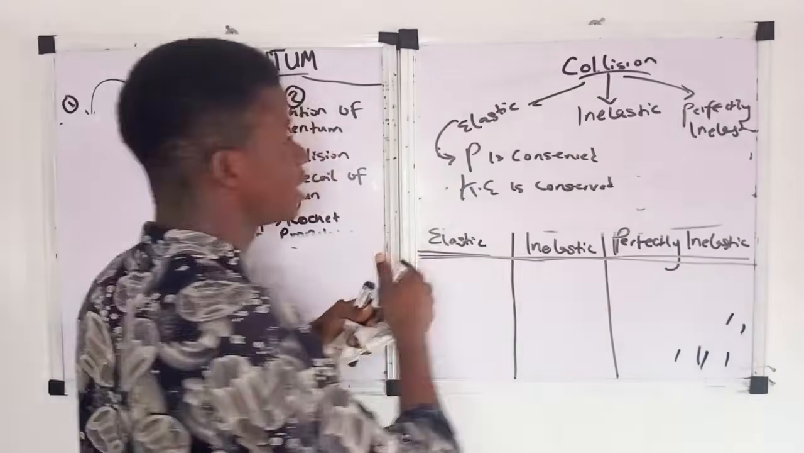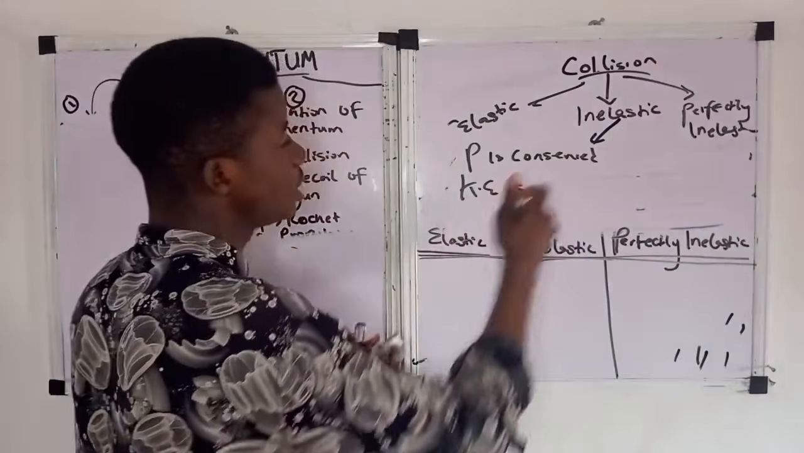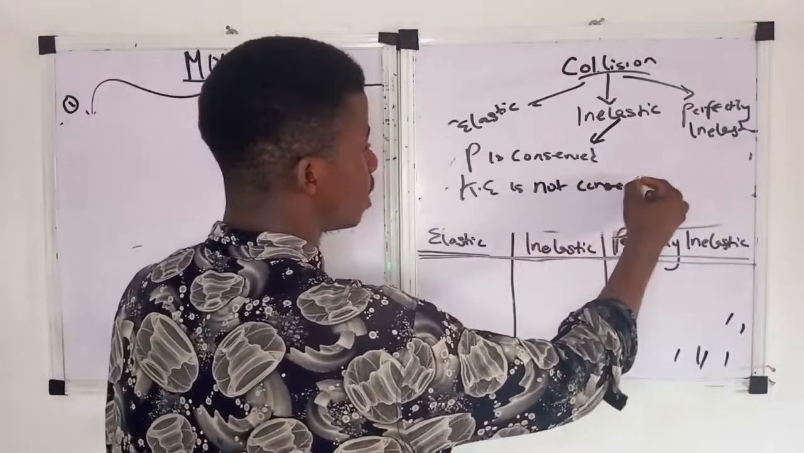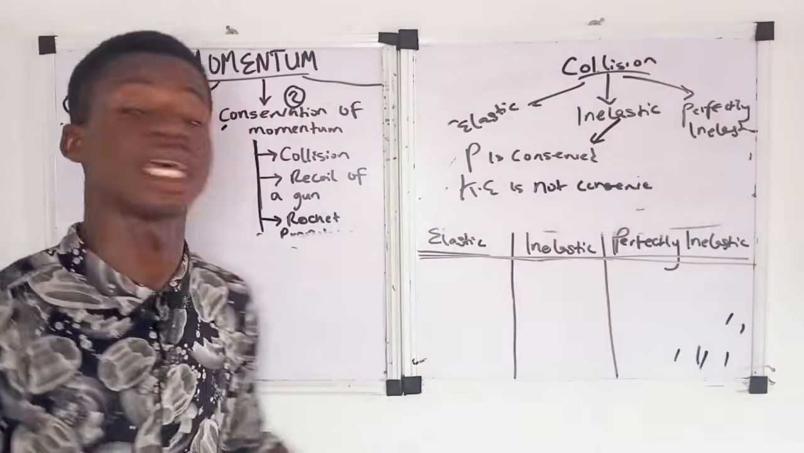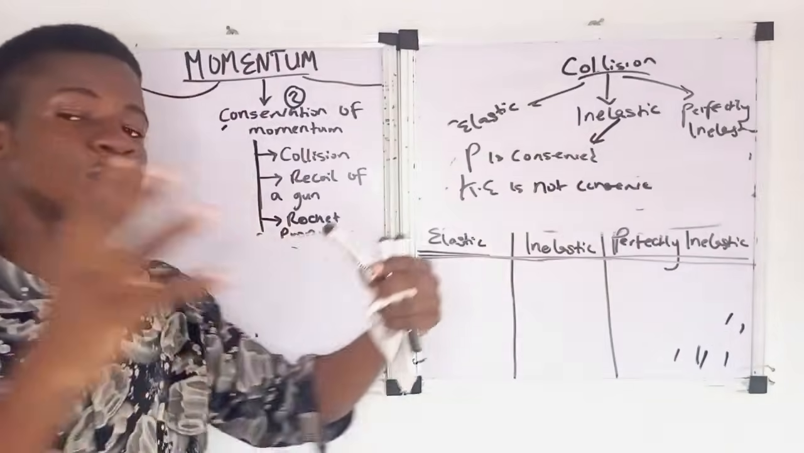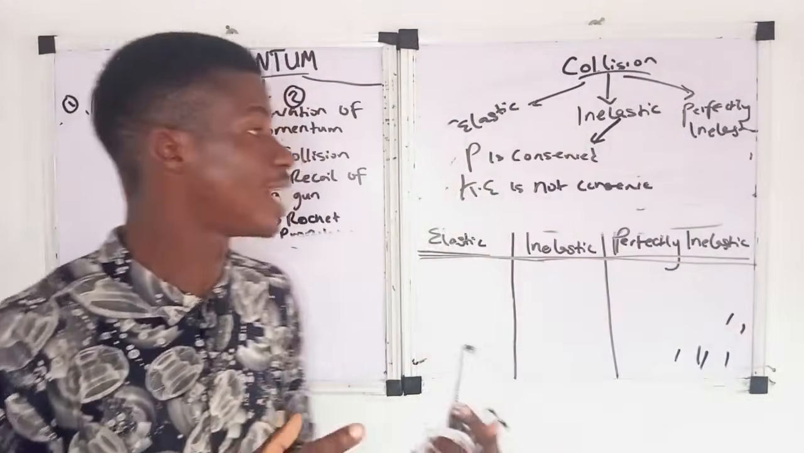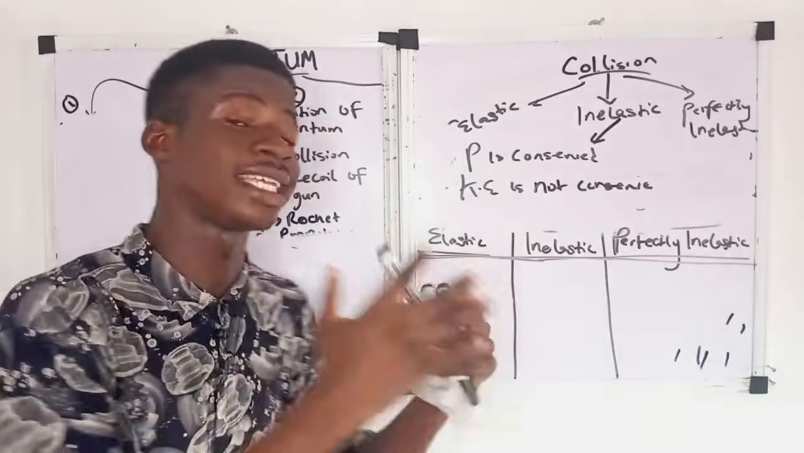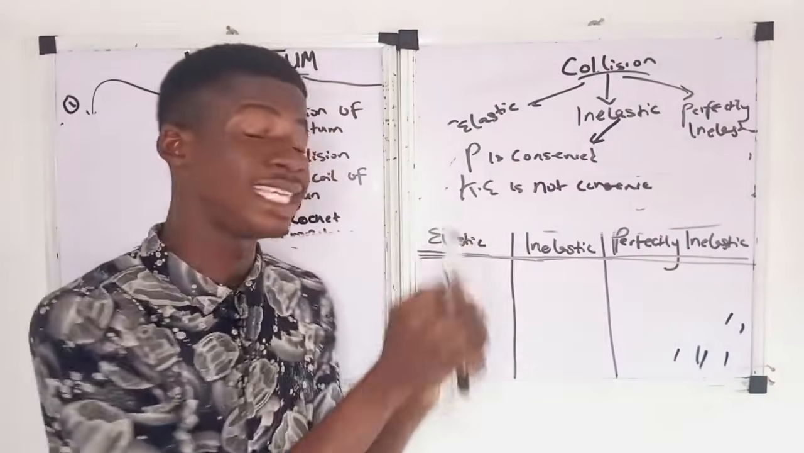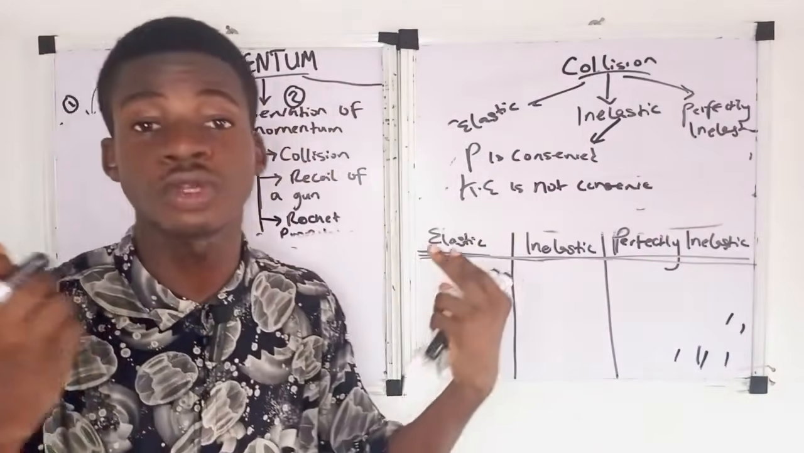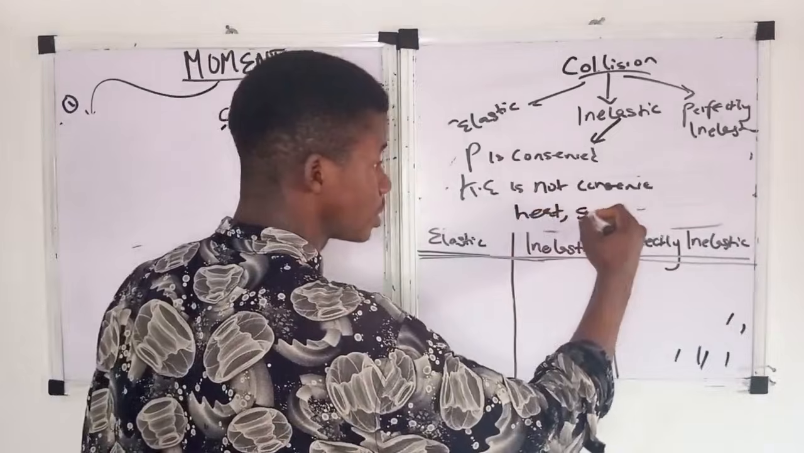Now let's talk about inelastic collisions. In an inelastic collision, momentum is conserved while kinetic energy is not conserved. This is because the kinetic energy before the bodies collide is different from the kinetic energy after they collide, so there is usually a loss of kinetic energy. The reason kinetic energy is not conserved in an inelastic collision is loss of energy in the form of heat, sound,